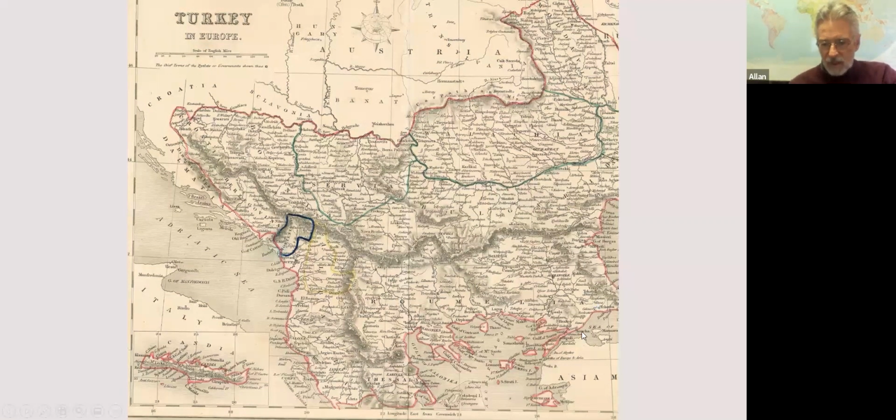but you will find that there is no reference to Macedonia on this map. Instead, we have a region roughly right here called Roumelia, and it includes part of what is now northern Greece. Here's Salonika, and all the way over to the portion of Turkey of the present day Turkish Republic, which is